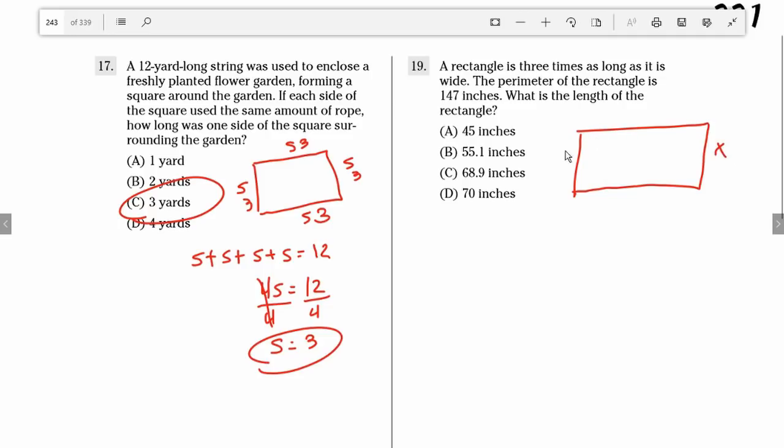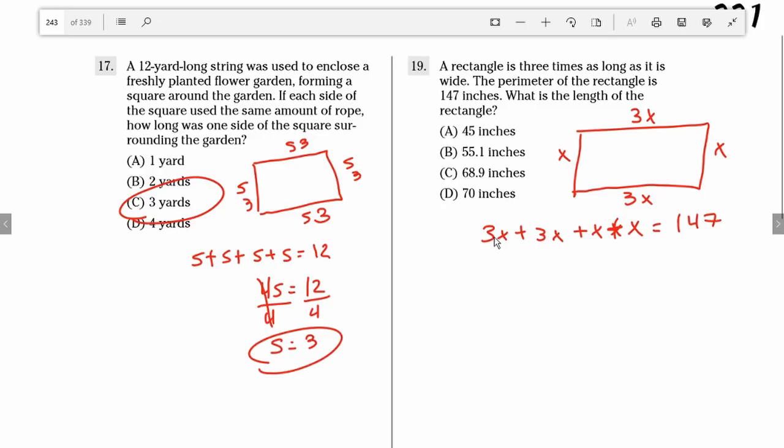So if it's x wide, it's 3x long. Okay? And that's the length. This is the length. That's the width. If the perimeter is 147, what is the length of the rectangle? So again, just like this problem, we're going to do 3x plus 3x plus x plus x equals 147. Again, to find the perimeter, you add up all the sides, which we've conveniently written as x and